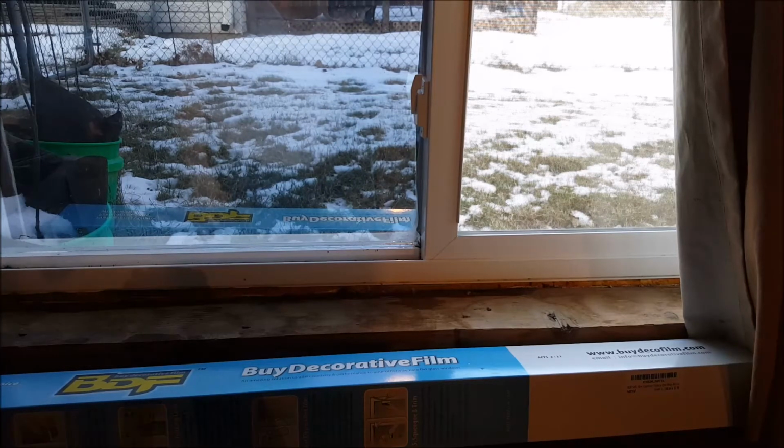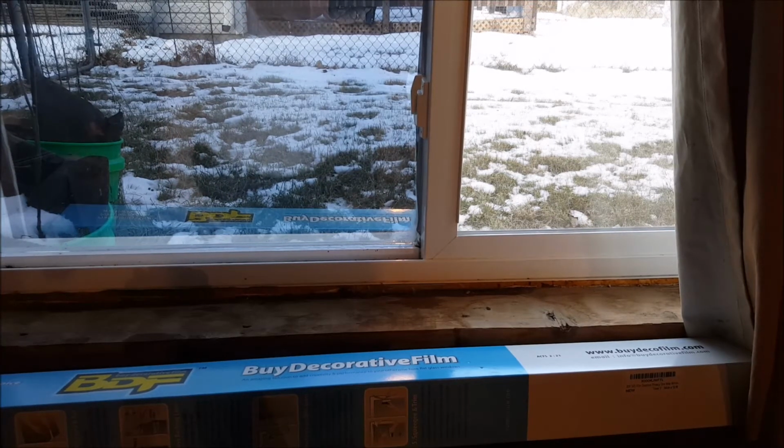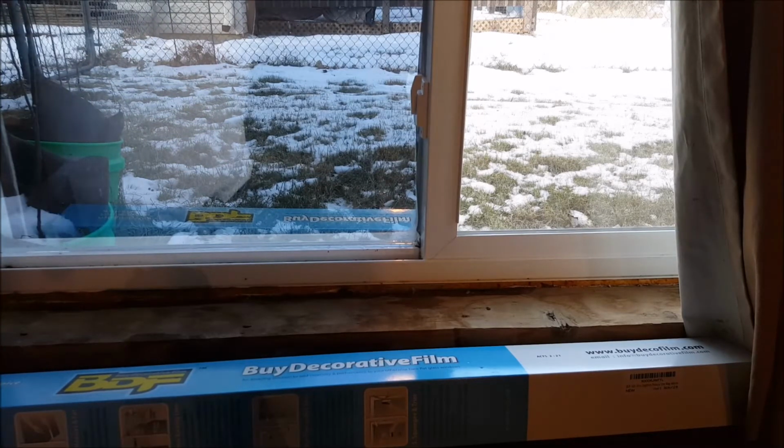I might take the window off. For my window, it comes off all the tracks. That might be easier for me to get the second window done, since I do have my desk right in the way of the other side of the window. So there is basically how to put up